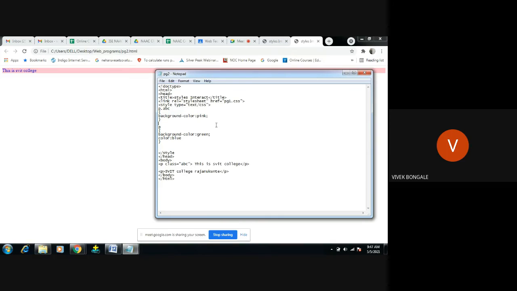Even though you place it near or far, the rule for the browser is that whichever is more specific, you give more precedence to that style rule. That is what the second rule says.